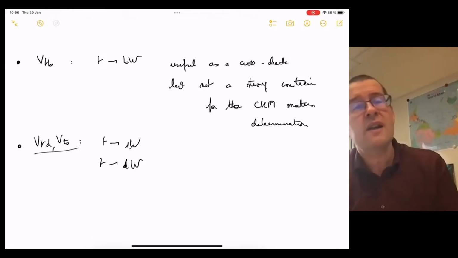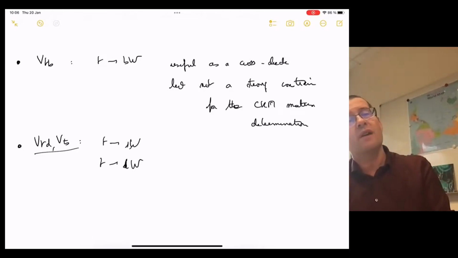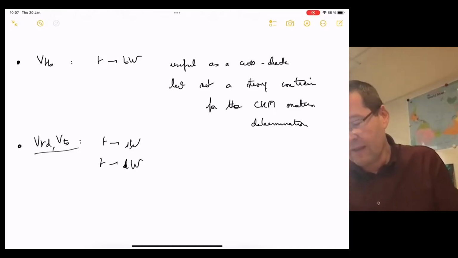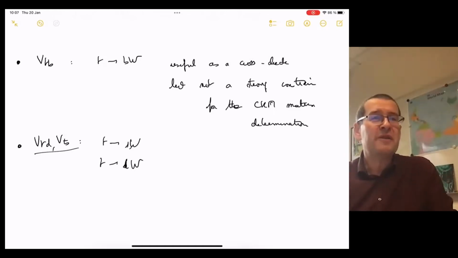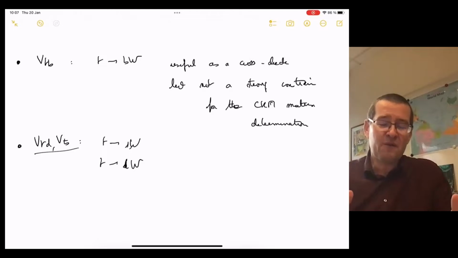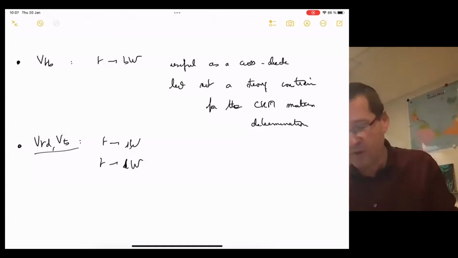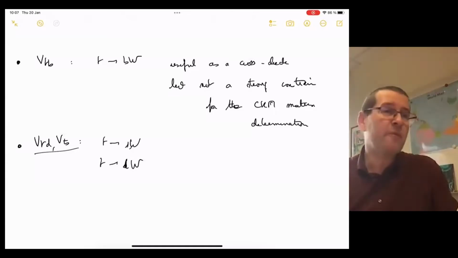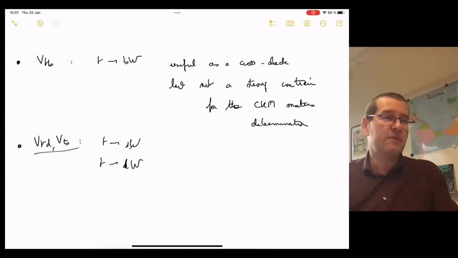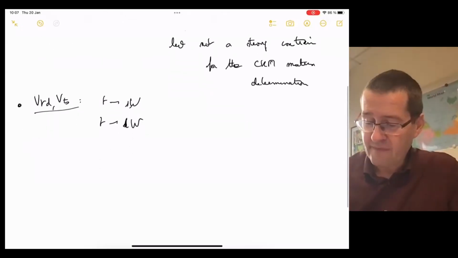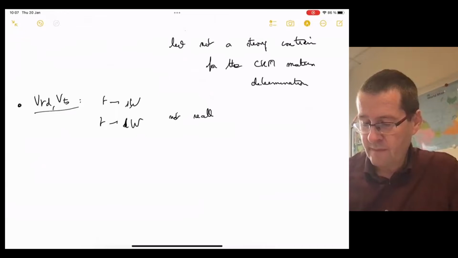You would have to be able to identify, in the decay of a top, very rare situations where you have only jets with a total strangeness of 1, or only up-type and down-type quarks. That's very difficult to do experimentally, and so it's probably hopeless to try to determine Vtd and Vts this way. So actually, the idea is to try to use